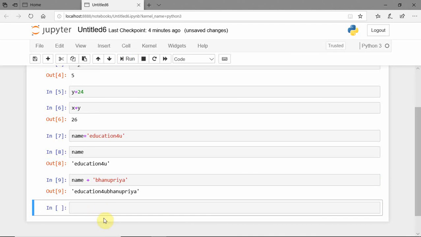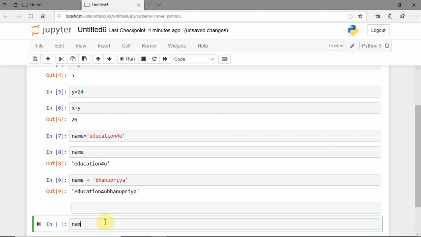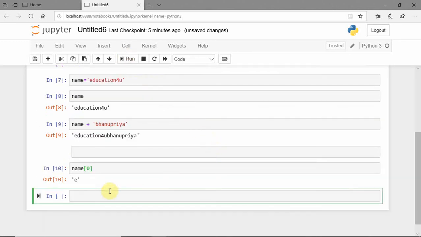Suppose if you want to take only the specific elements in that name, so you have to call the index. Let me write here, name of 0. Whenever I take name of 0, click on run, what you got? You just get the E. Remember students, the index in Python language starts with 0.